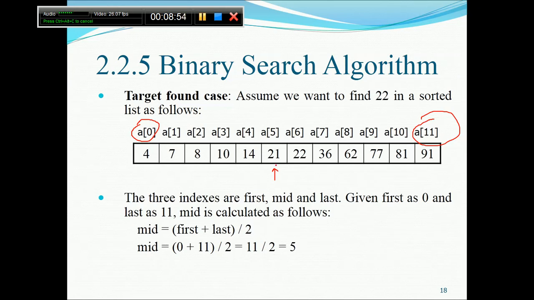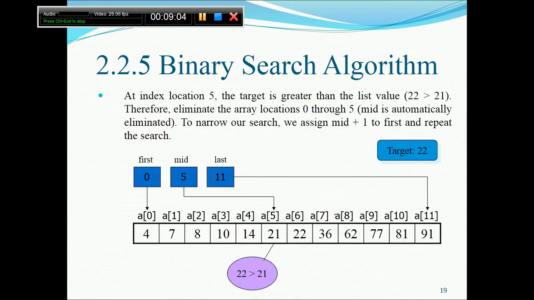Now, in this case I am looking for the number 22. I will compare with the middle element. Once I compare with the middle element, what will happen is, this is the first, this is the mid, and this is the last. The target is 22 here. Obviously 22 is greater than 21, yes or no? 22 is greater than 21, so we have to consider this part of the array. This part could be ignored directly without any problem. So what will I do? I will update the first to this particular point. This is my new first.